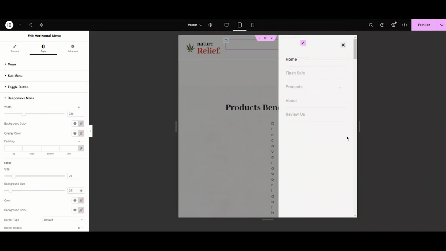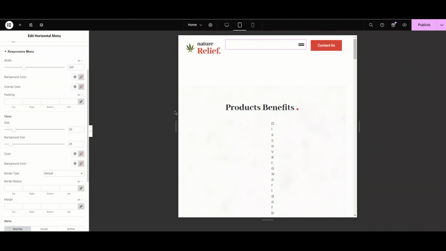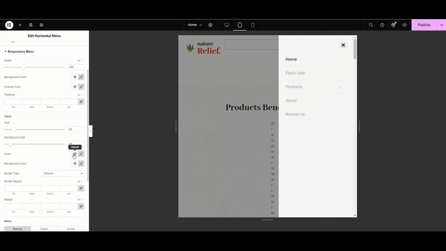Like this. It's pretty simple and amazing. Now we can choose the close button color. Let's choose the button color to red and the background color to green, just to show you how these colors will work. Now let's choose the border type to solid and the border width to 1.